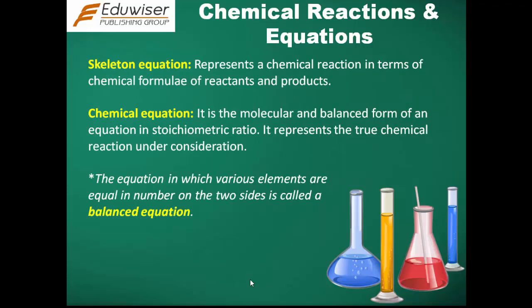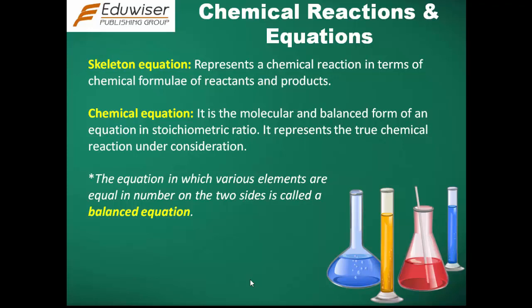A skeleton equation represents a chemical reaction in terms of chemical formula of reactants and products. A chemical equation is the molecular and balanced form of an equation in stoichiometric ratio. It represents the true chemical reaction under consideration. Please note that the equation in which various elements are balanced in equal number on the two sides is called